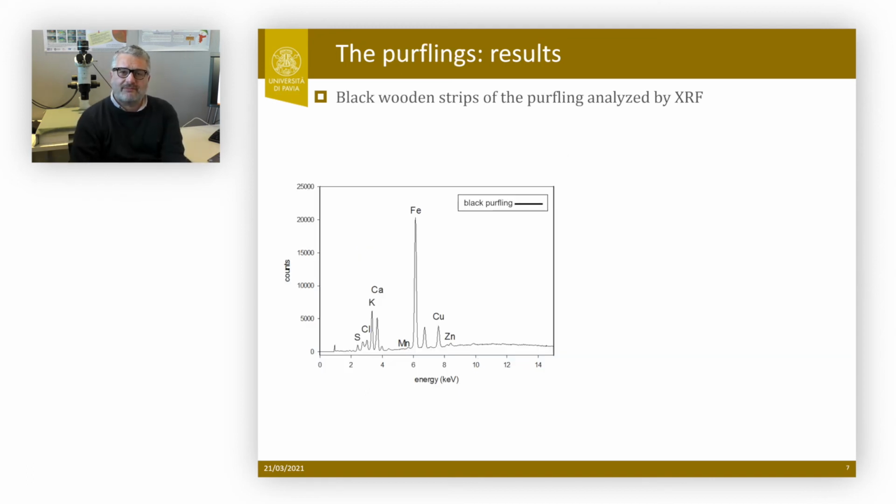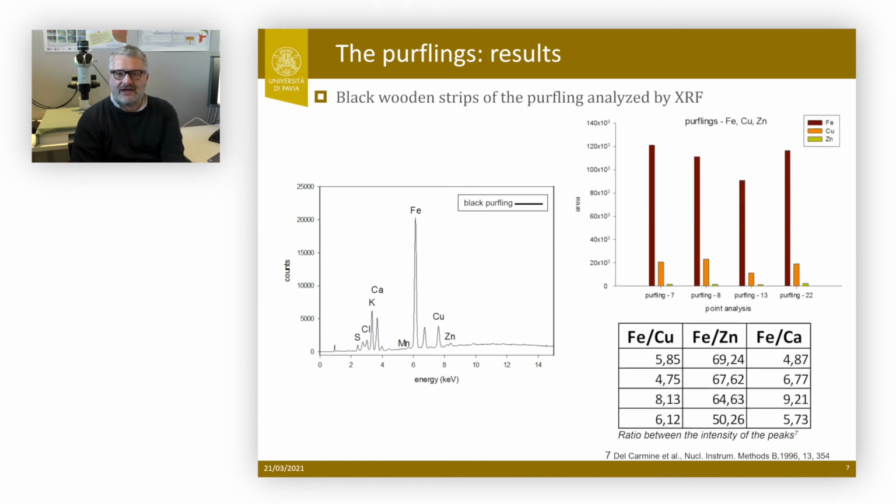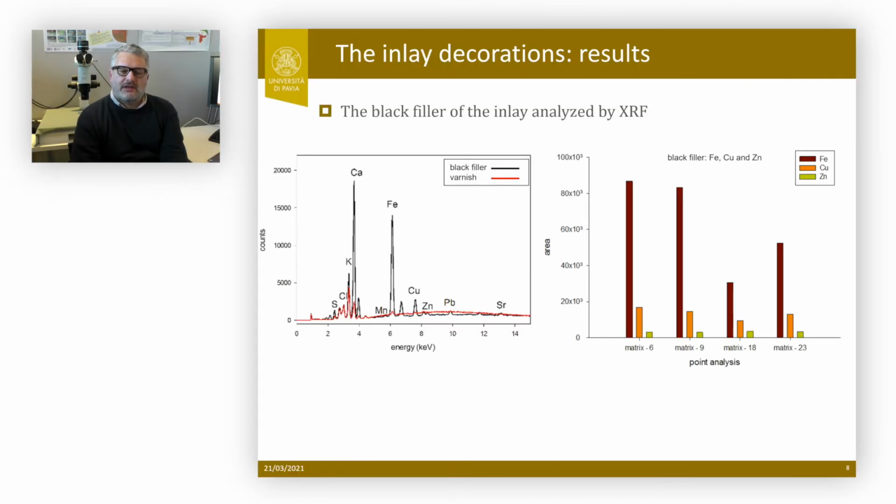The analysis performed on the purflings showed high counts of iron, copper and zinc. This is a very important result because it led us to hypothesize the technique of dyeing the wood black with iron gall ink, the same ink that Antonio Stradivari used to write. So it's like a marker that we generally find on the purfling of Antonio Stradivari. Even during the analysis of the filler of the inlays, it was very important to find the same elements that